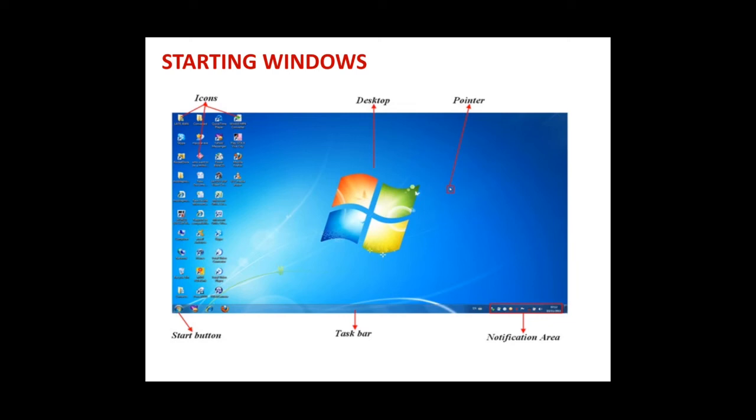On the leftmost side of the taskbar is the start button, and this whole bottom line you can see is the taskbar. On the right hand side of the taskbar, where the clock and time come, that area is called the notification area, right? So this is just a brief about how your desktop looks if you have a Windows 7 operating system.